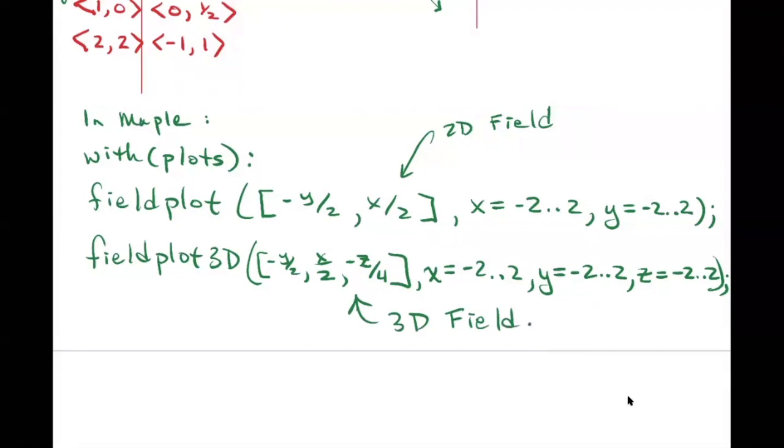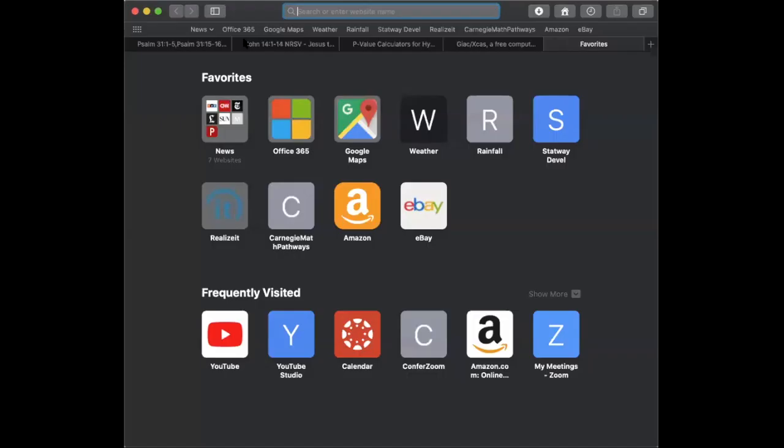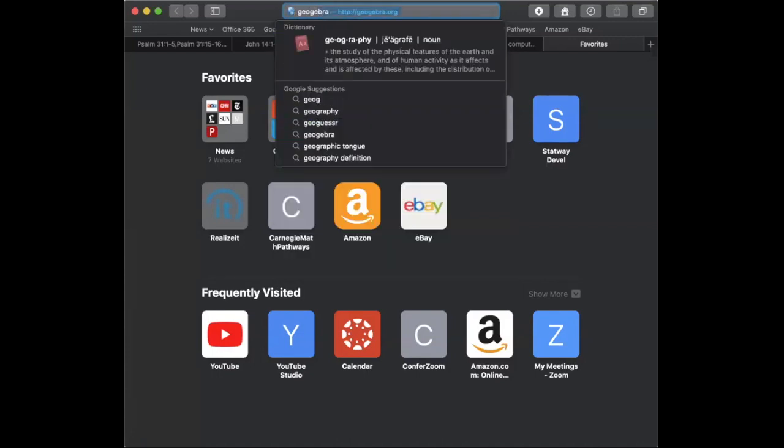Okay, and then maybe, hang on, let's see what we can do here. I gotta tell you, what's out there is not great, but I'm gonna pop over to my web browser again and show you some of the things I've played around with. GeoGebra does not graph fields, but I have seen people make some pretty cool applets. So like GeoGebra